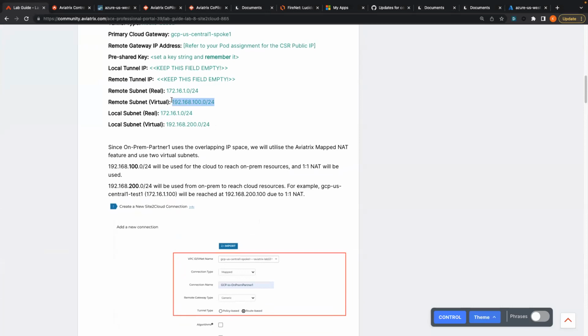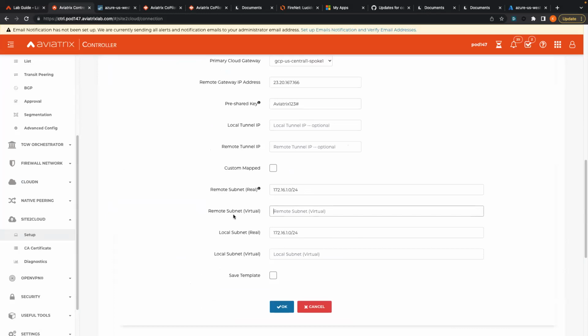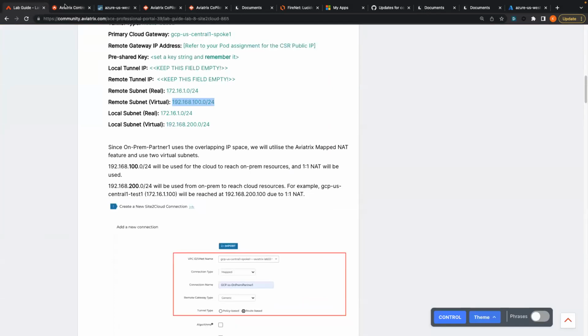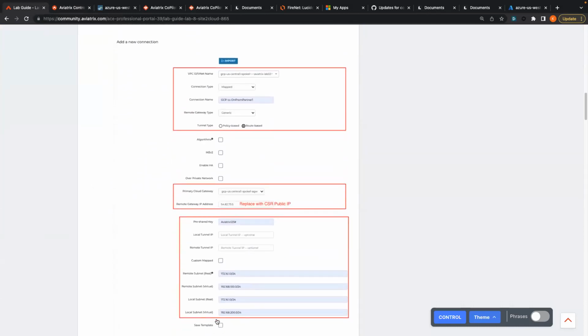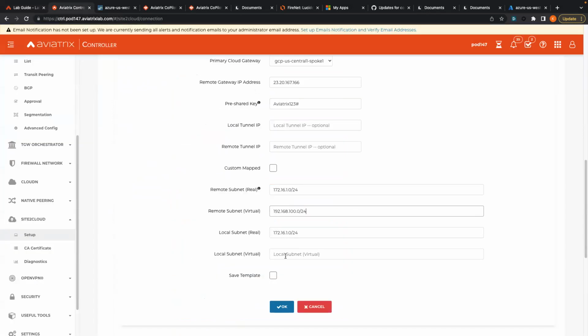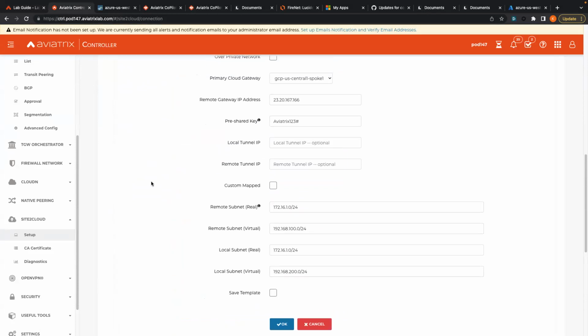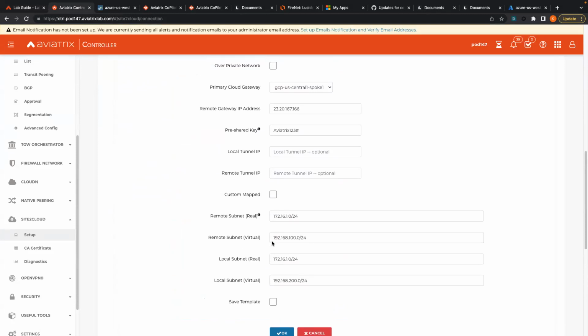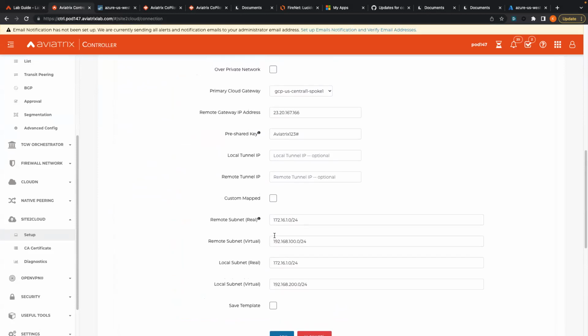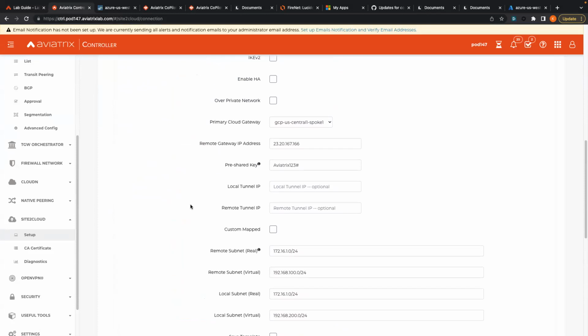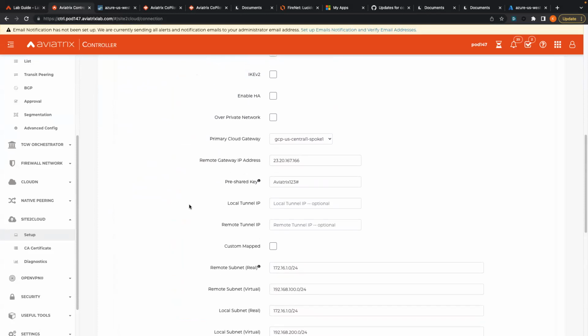Now, in terms of the 2 new subnets that we'll be using, 192.168.100 to represent the remote site. This is the remote virtual. So let me make sure I'm doing this right. Again, 192.168.100 is the remote virtual, and 192.168.200 is the local virtual. So the local virtual is .200. So by just filling these 4 fields, I have configured the MapNat in addition to the site to cloud connectivity